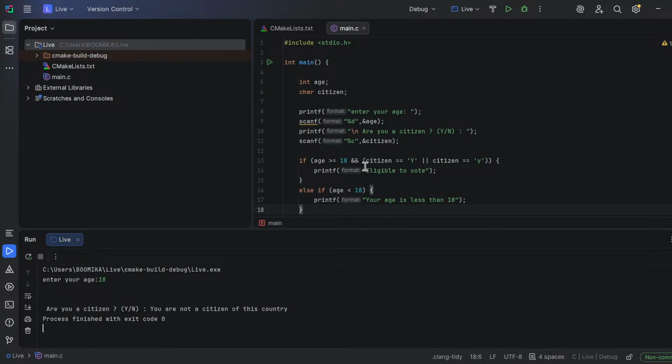Why? Because in this character we are reading after a number, so it will leave some space in the next line character. So it will read that next line character as a space and take it as an example. So for that, we have to give a space before this reading of this character. So now if I run it,